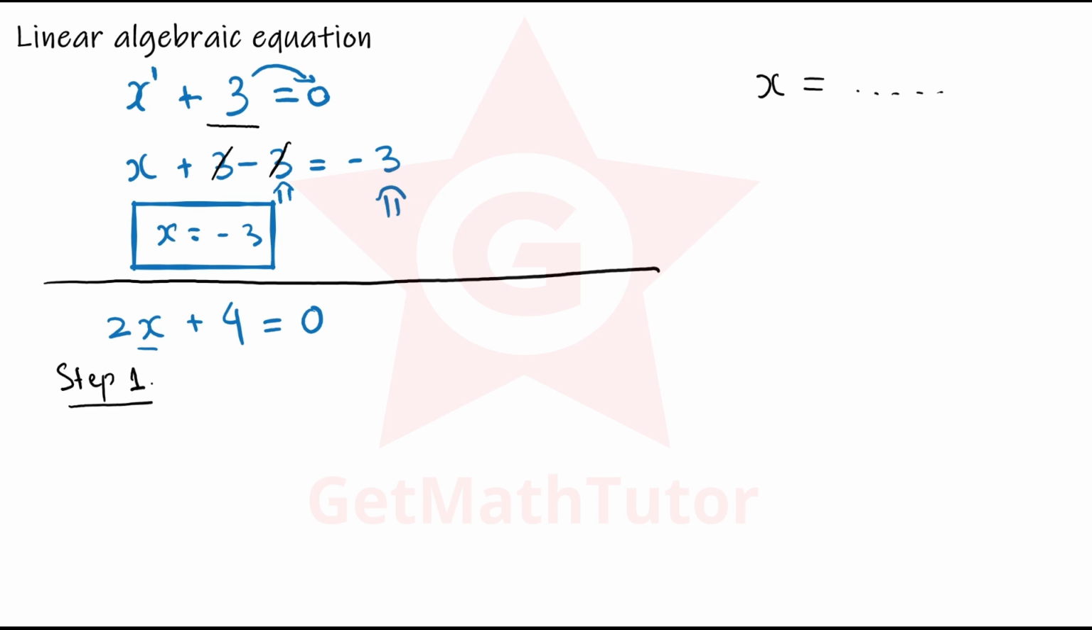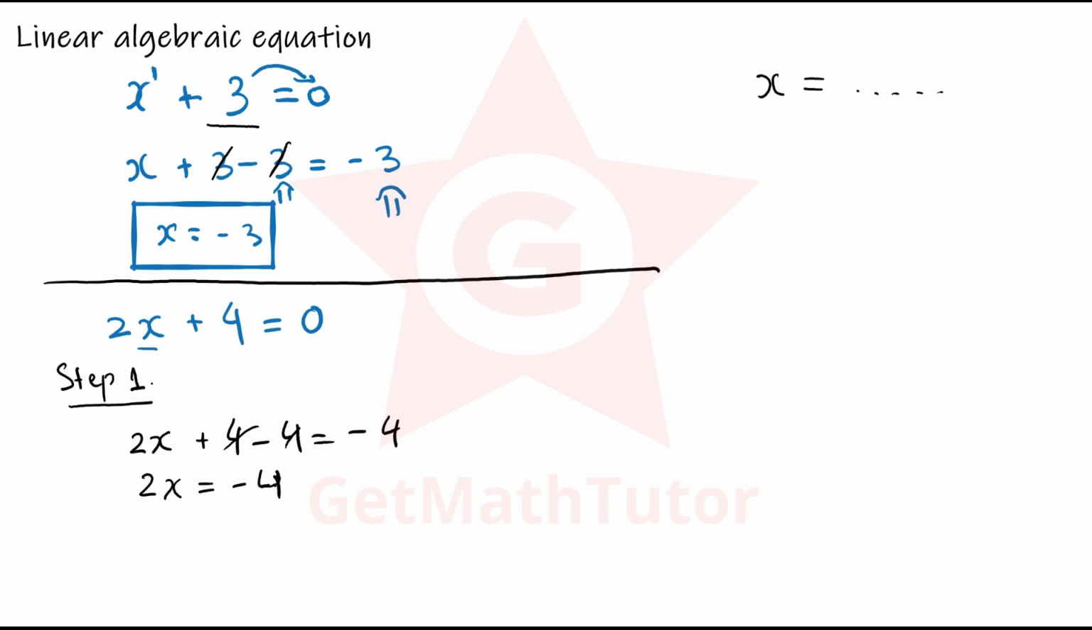whatever is being added to x, you just do the opposite of that on both hand sides. So right now we have 4 being added. What we will do is we will subtract 4 from both sides. Okay, then we will simplify, so plus and minus 4 will get cancelled. We will have 2x equals minus 4. Okay,